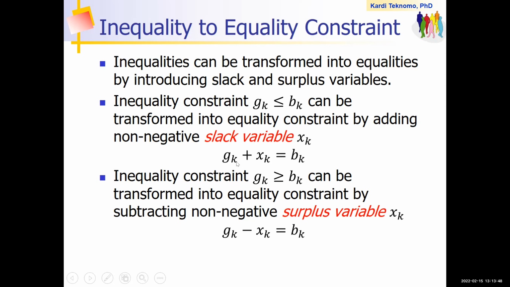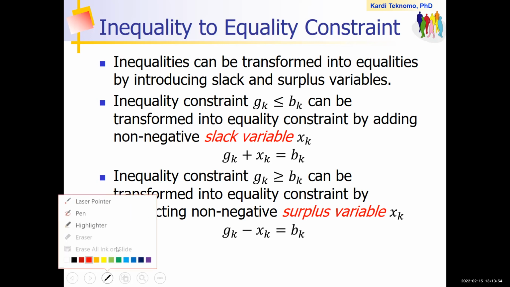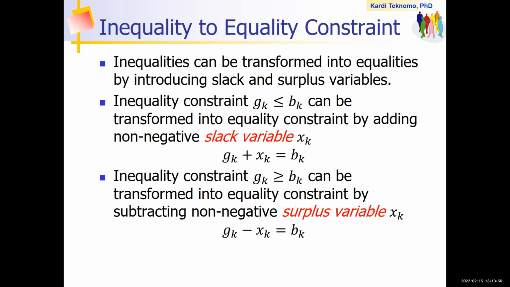So g_k plus x_k equal to b_k. Now from inequality like this, you transform it into equality by adding slack variable. So slack variable is basically a dummy that you can add so that it will become